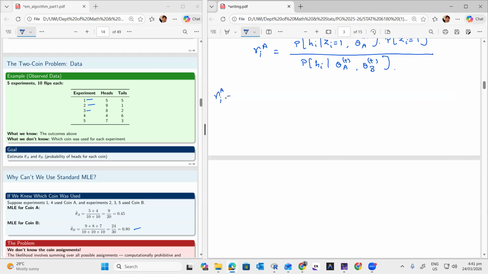Gamma IA will be equal to, what is this one? This one will be 1/2 into (Ni choose Hi) into theta A at the tth iteration raised to the power Hi, (1 minus theta A at the tth iteration) raised to the power Ni minus Hi, divided by